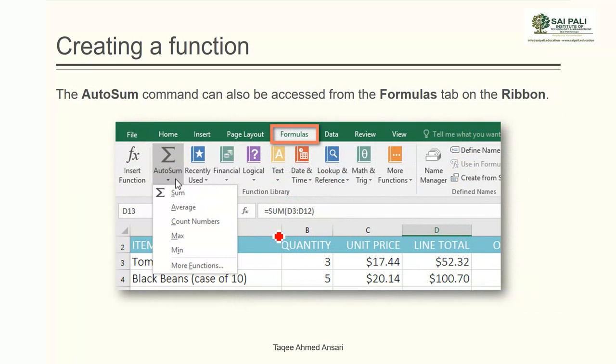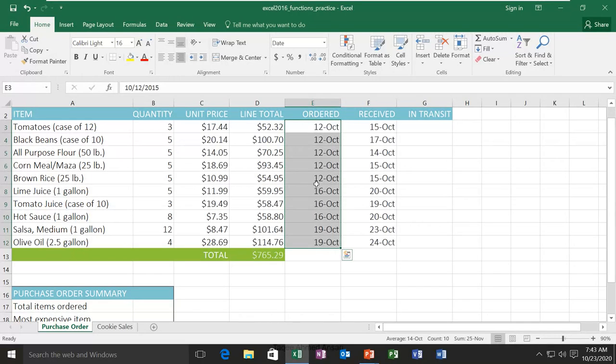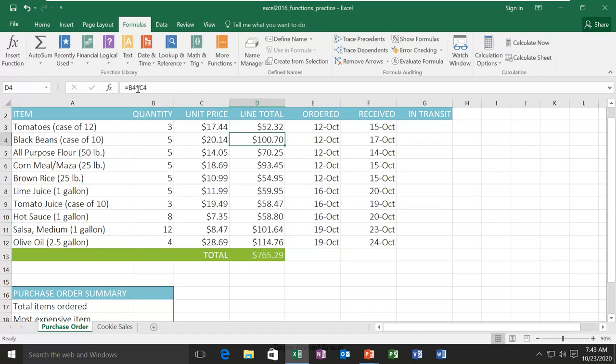One more thing, you can use the AutoSum function from the Formulas tab on the ribbon. There is a dedicated Formulas tab for all the formula related options and commands. So in an Excel sheet, we have a dedicated tab for formulas, where I have all the options and commands related to formulas and functions.